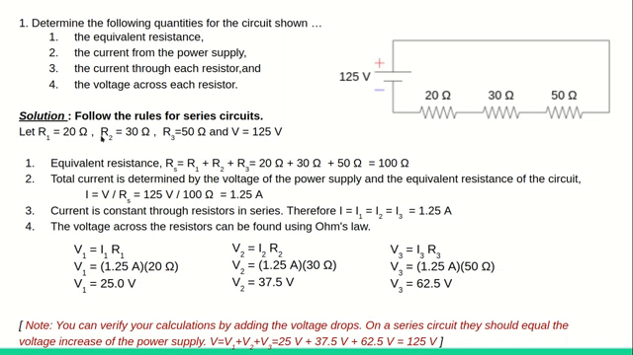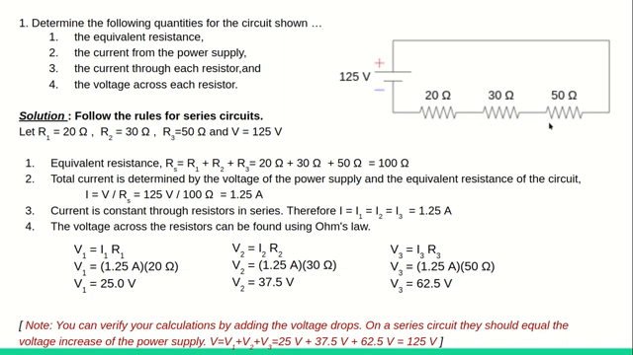Now here the third one, current through each resistor. Through the simulation already we have learned that in a series circuit the current is constant, and so the current which we found to be 1.25 ampere is the same through all the three resistors. That is, I is equal to I1, which is equal to I2 and equal to I3, that is 1.25 ampere. Whereas the voltage depends on the